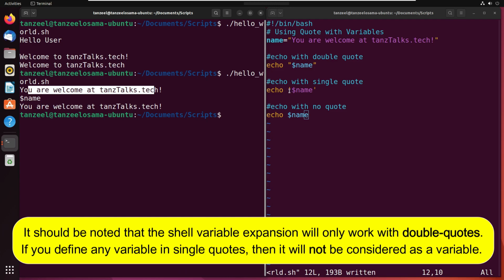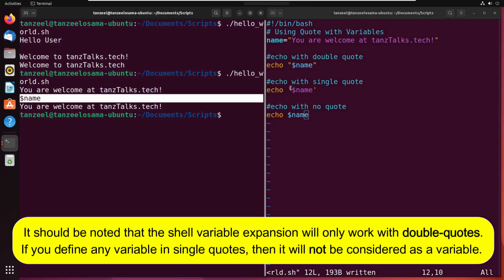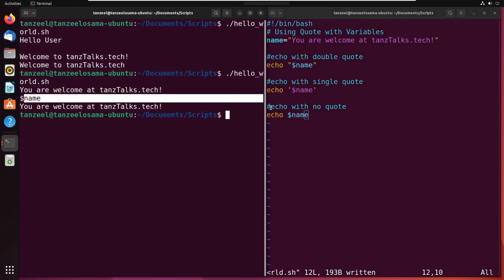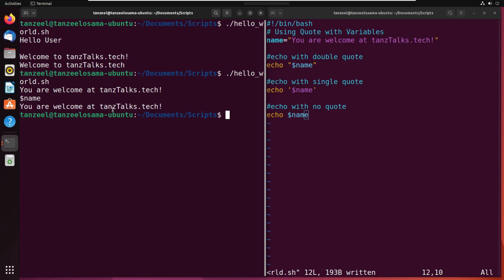But when we are using single quote with the variable, it is not considered as a variable. Instead, the literal value written inside the single quote has been printed here. And in the third way, with no quote, it's working perfectly fine, and it has been recognized as a variable, and the value of the variable has been printed here.